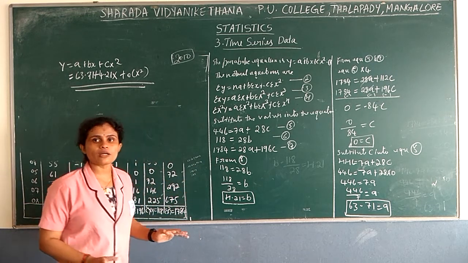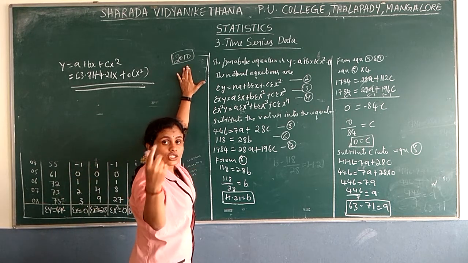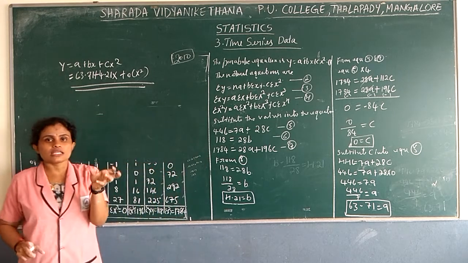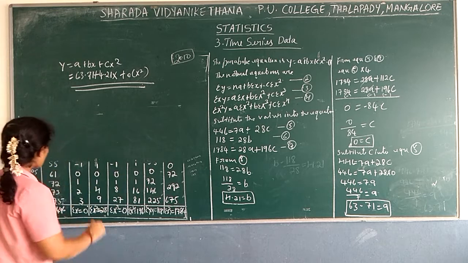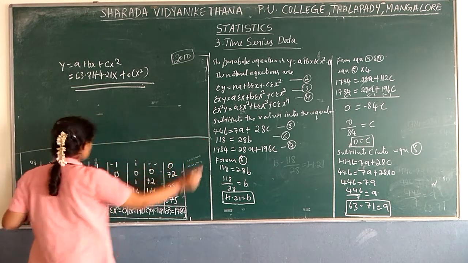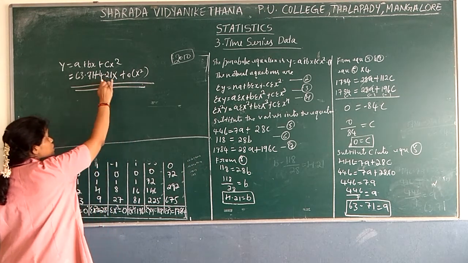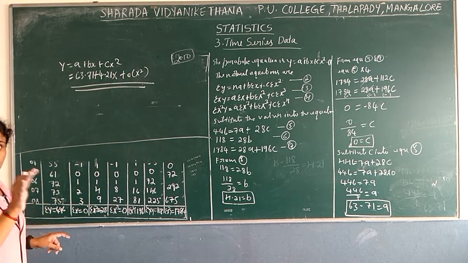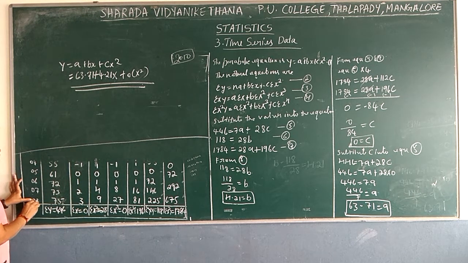So, in the case of parabola, in the last problem, we did not get this particular question, to also estimate for one particular year. But in this problem, they have mentioned to also estimate the production for the year 2010. But we have data here only till 2008. In order to substitute into this equation, we require the value of x, like in the previous equation. So we have the value of x till 2008.